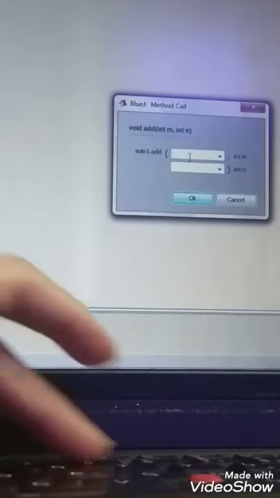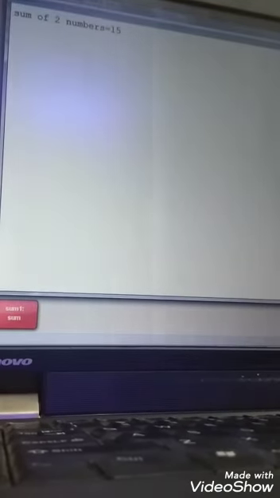In this, if you click over here, then again one dialog box is displayed. In this you can pass the values. Suppose we have passed the value of a to be 5 and b to be 10, and then we press OK. Then it will display the similar result as earlier. Sum of two numbers equals 15. That is displayed on the terminal window. So here you can see that with the help of both the methods we can run a program easily.